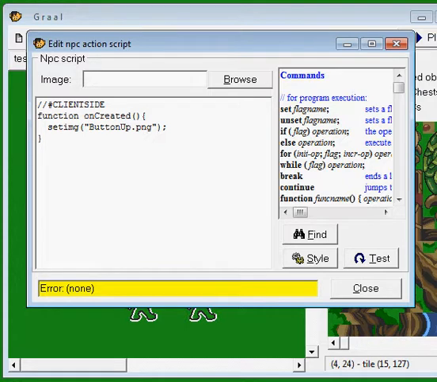Let's make a new function called function on action left mouse. Now, what on action left mouse does is if you left click the NPC, then whatever's in these brackets will run. You can also replace this with on action right mouse, and it'll do the same thing but with the right mouse button. Let's keep it at left, and in here let's add